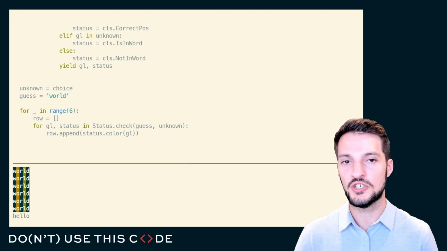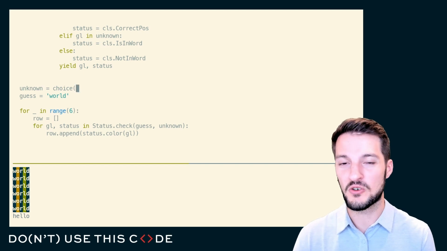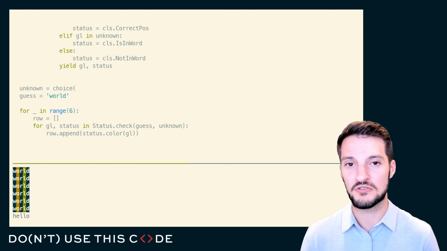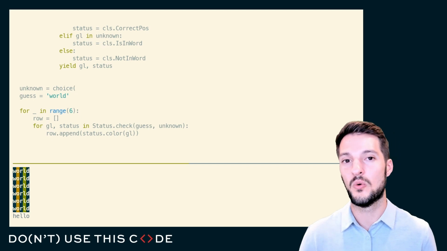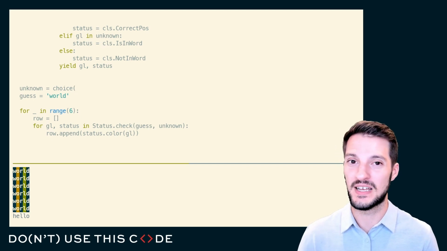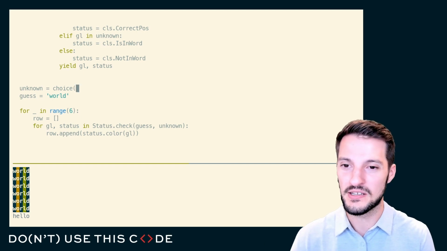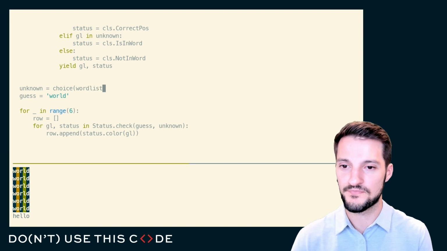If the underlying values of my script change every time I run it, and I encounter a bug once, when I go to rerun it, I won't necessarily be able to encounter that bug again. And I'm going to have to sit there and either rerun my script a bunch of times to figure out what that bug was and why it happened, or I could have just set my seed. And so I always set my seed to 0. You can do it really anything, but let's say my unknown word is a choice from my word list, and